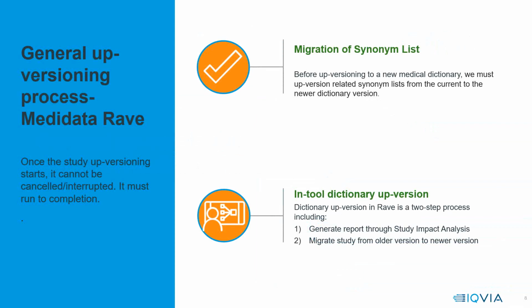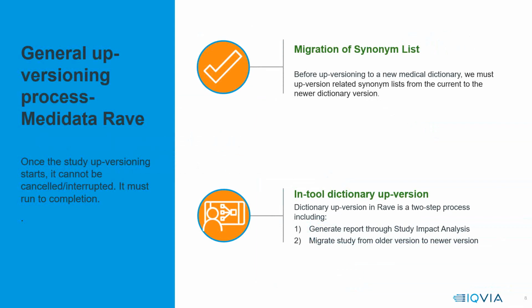If there are no changes, all the synonyms are migrated completely. However, in cases where there are changes, the coder must manually reconcile the differences by either clicking on drop synonym or accept suggestion. These are the two options that we have whenever there are reconciling issues while migrating the synonym list. The synonyms that are dropped will appear in the task list of the Rave coder again for recoding. This reconciling would need to be done for all synonym terms that were not migrated. If all the synonym terms have been migrated successfully, that's not an issue.